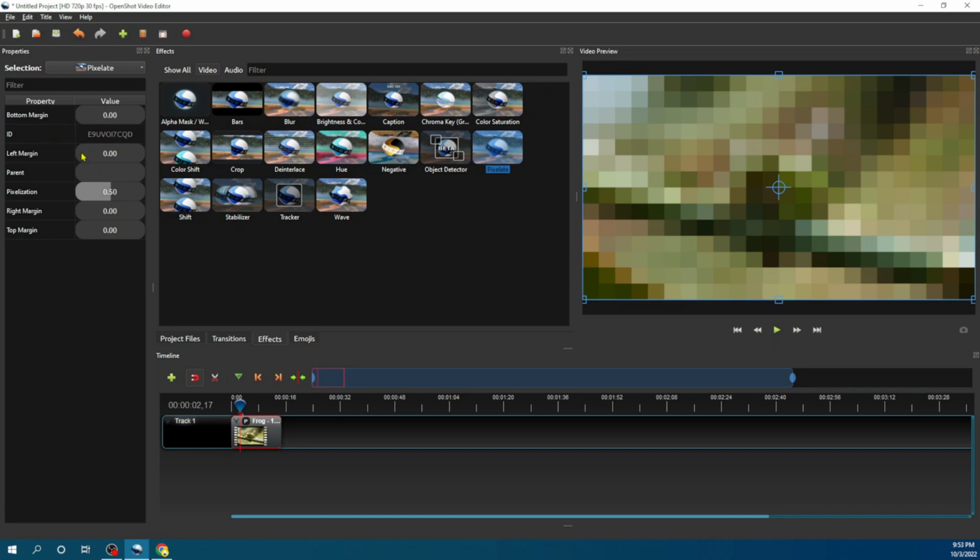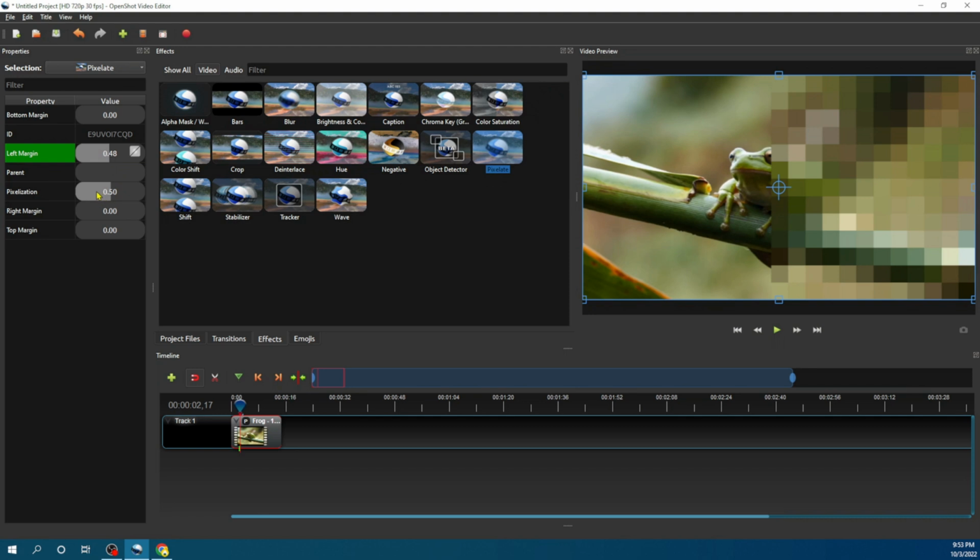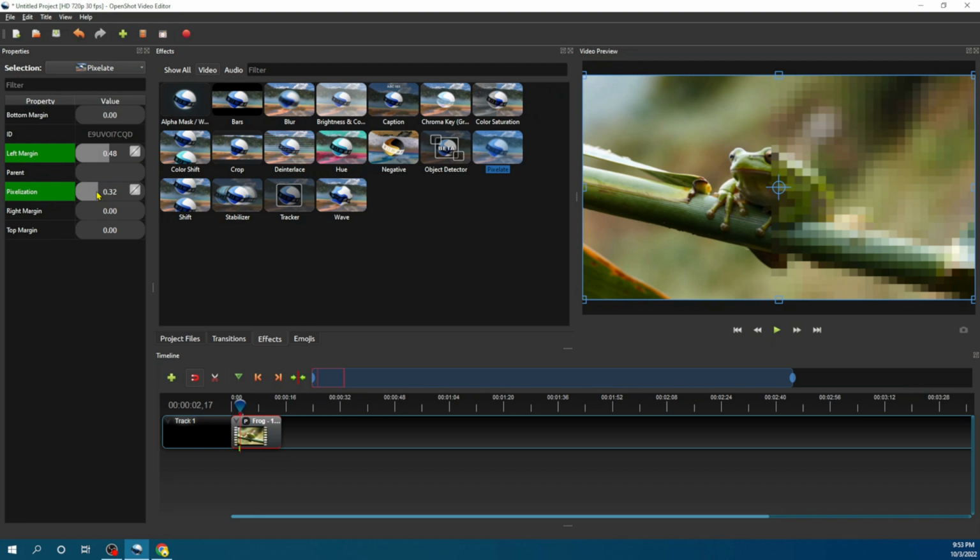So for this one now, how you can edit it and make use of it is, let's try and put it on just a portion. You can just go here and try to use this transformation to drag. It's gonna drag the whole clip, so you have to come here and adjust it. Let's say left margin at 50 or 40. So as you can see now, it's gonna show. Yeah, and then the amount of pixelation, you can just reduce that, and as you can see it's just reducing the amount of effect. Let's say right margin, let's leave it at 23, and as you can see from here,